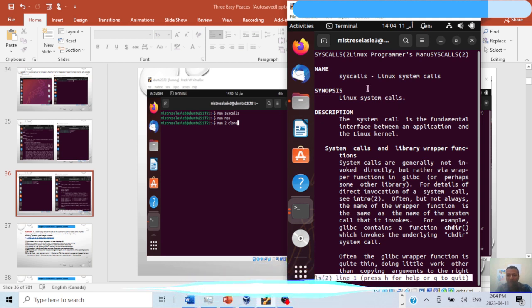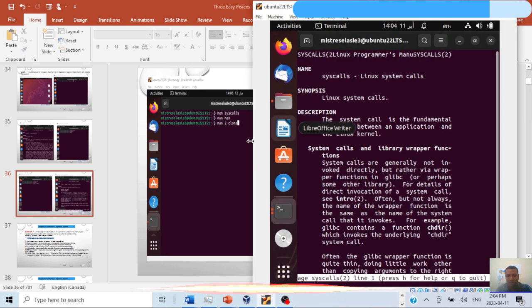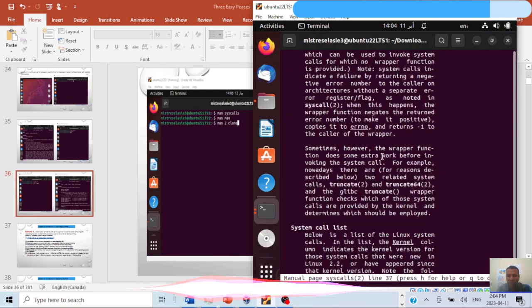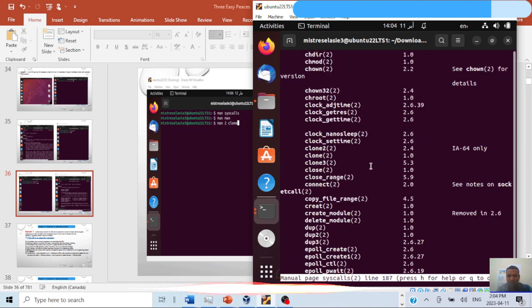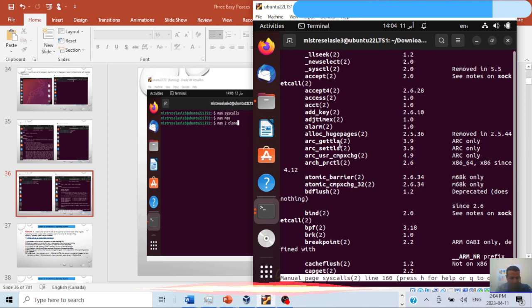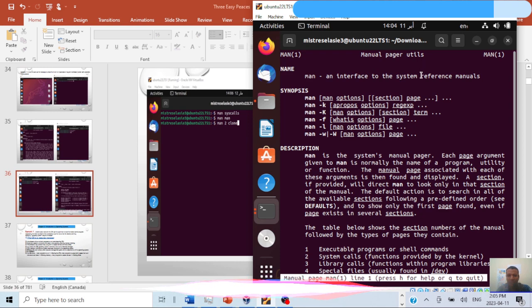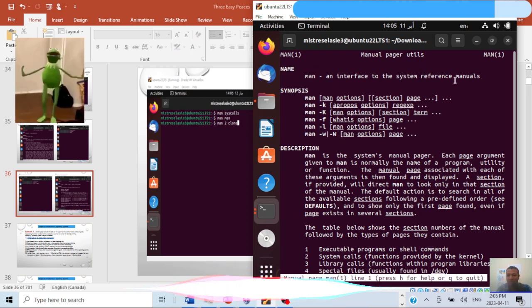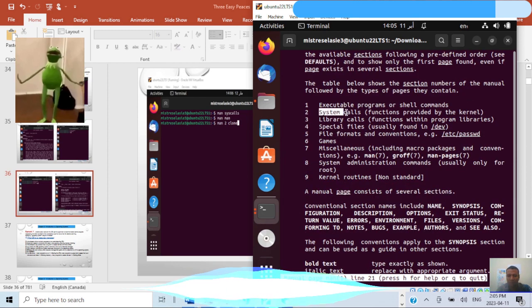If you go and see what the system calls are, this is Linux, so you can go ahead and read how many system calls we have, and all of these are the system calls. And if you want to see the man page, as you can see, the manual page is an interface to the system reference manual. This is the description. This is the system call which we have.